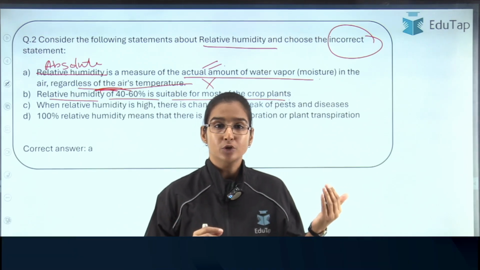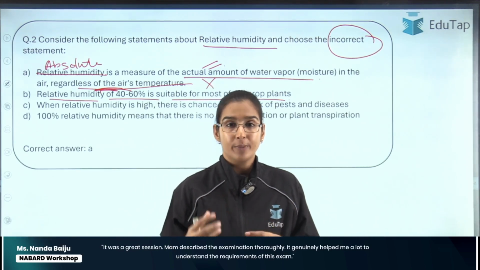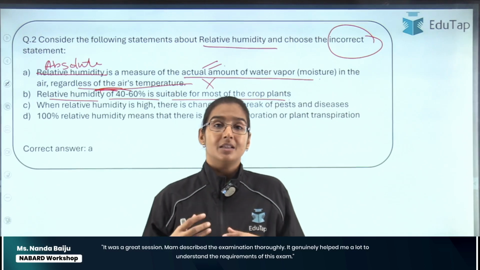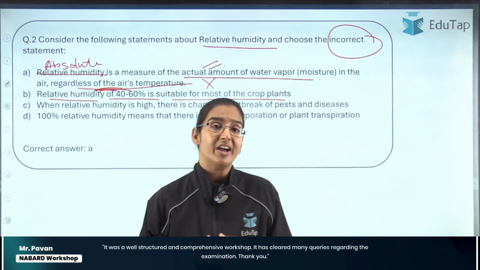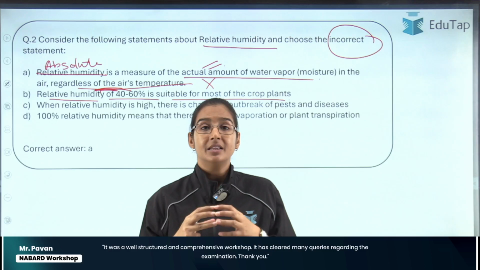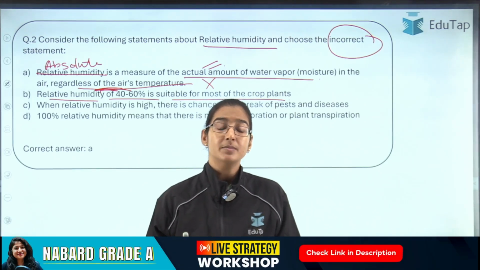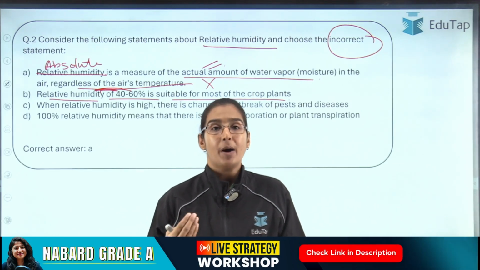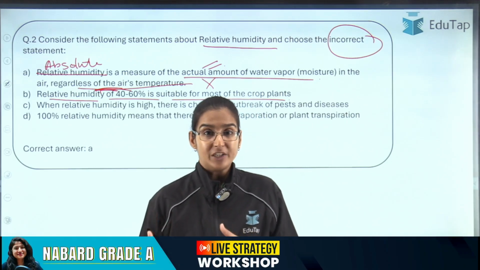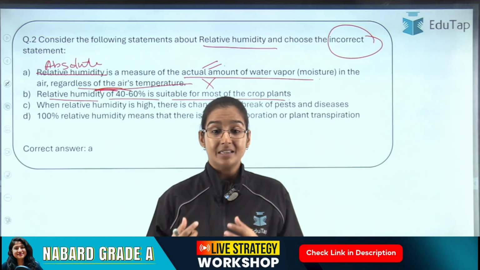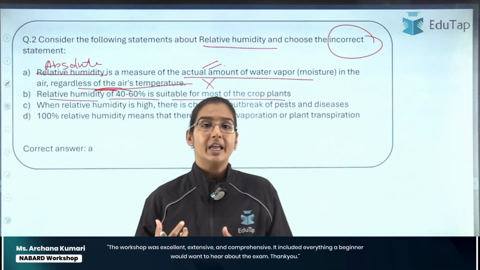Why is more humidity not preferred by the crops? It is because more humid conditions become a breeding ground for plant pathogens. Plant pathogens survive better in highly humid conditions, right? So if the humidity is very high, it becomes very easy for diseases like powdery mildew or downy mildew and certain types of blights to occur. These diseases thrive better in high humid conditions.